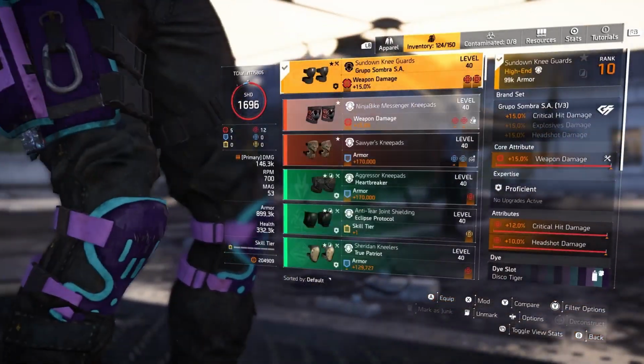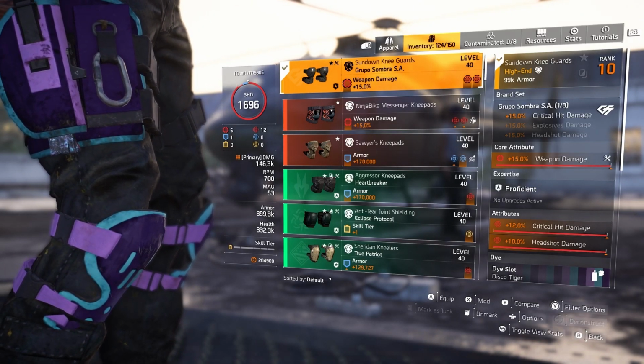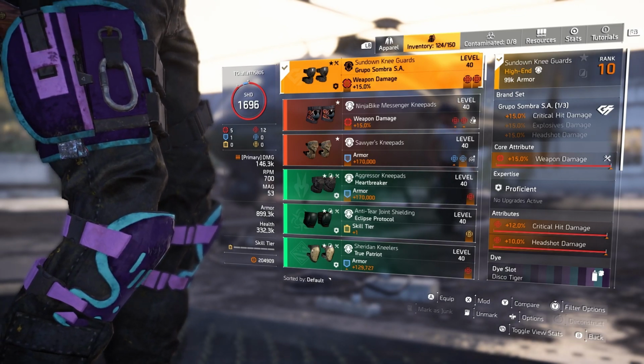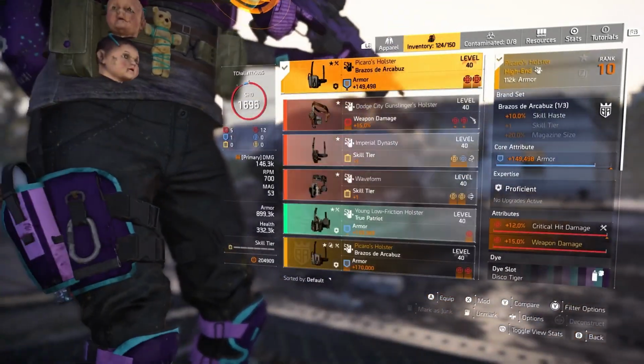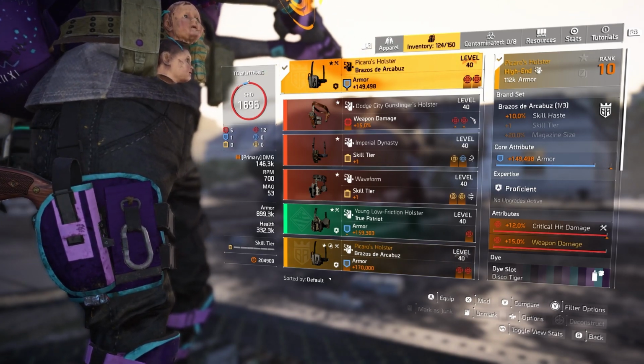For the knee pads, I was running Grupo Sombra. Of course, we got that 15% crit hit damage for the brand set bonus. Weapon damage 15%, crit hit damage 12%, and 10% headshot damage. And of course, it's not ideal to have armor. You want all reds, but this is what I was running